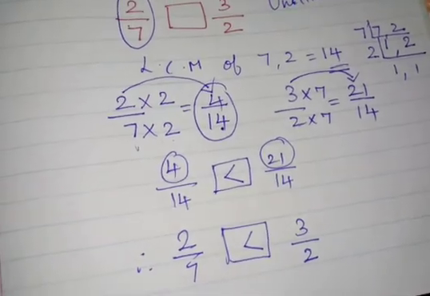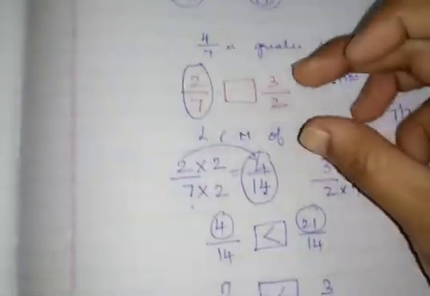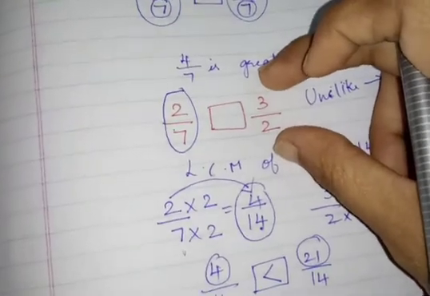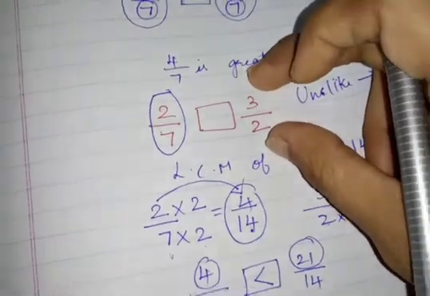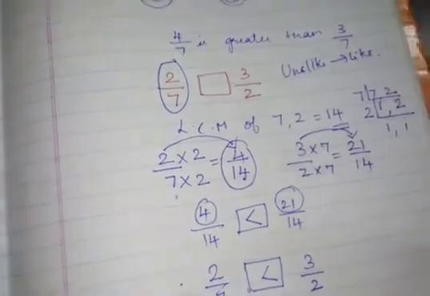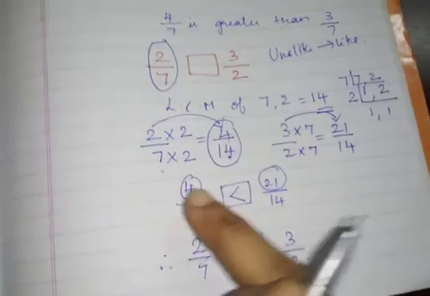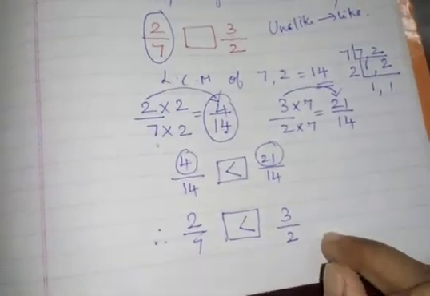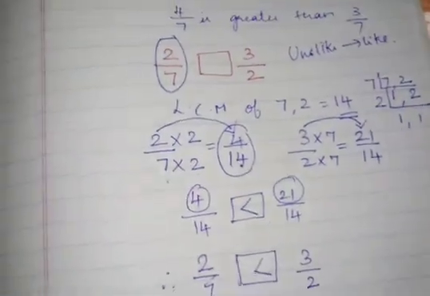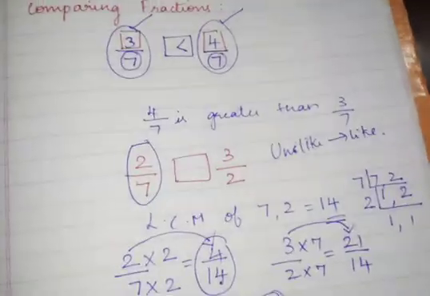So when unlike fractions are there, we cannot directly compare them. What you should do is convert the unlike fractions to like fractions by using LCM. Then you should compare the numerators. Then you should write the final answer. So this is how you will compare the fractions. Understood, children? Next you can take page number 150. In that you have some bolded letters. Have you found that? Yes, now I am going to teach that concept.